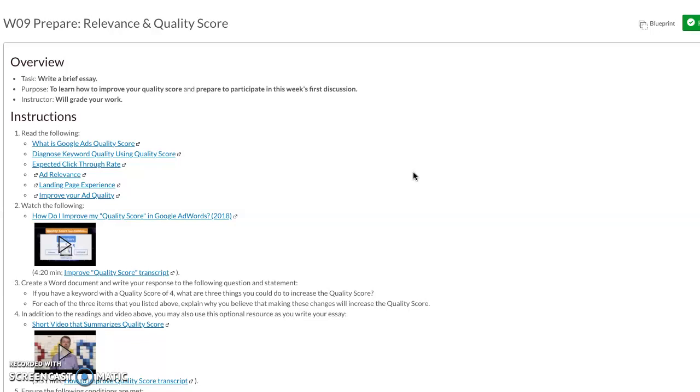This score is something that Google will give you after you launch and run your ads. Google is very invested in your success because the more success you have with Google Ads, the more you want to use their product and the more marketing funds you will spend on Google. So they've implemented this relevance and quality score as a way to give you feedback on how good your ads are.